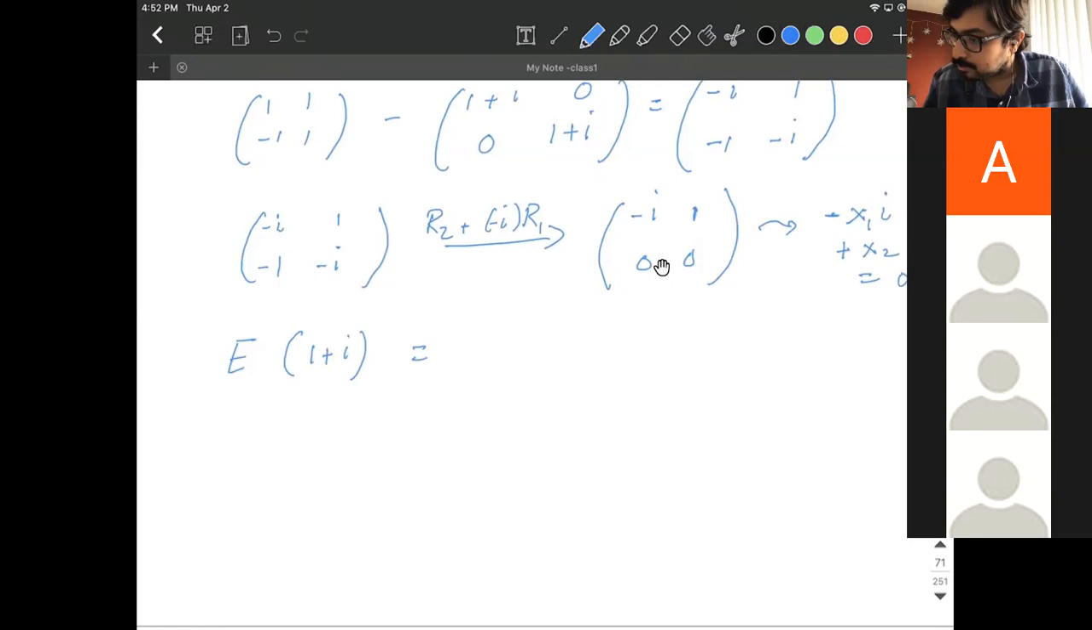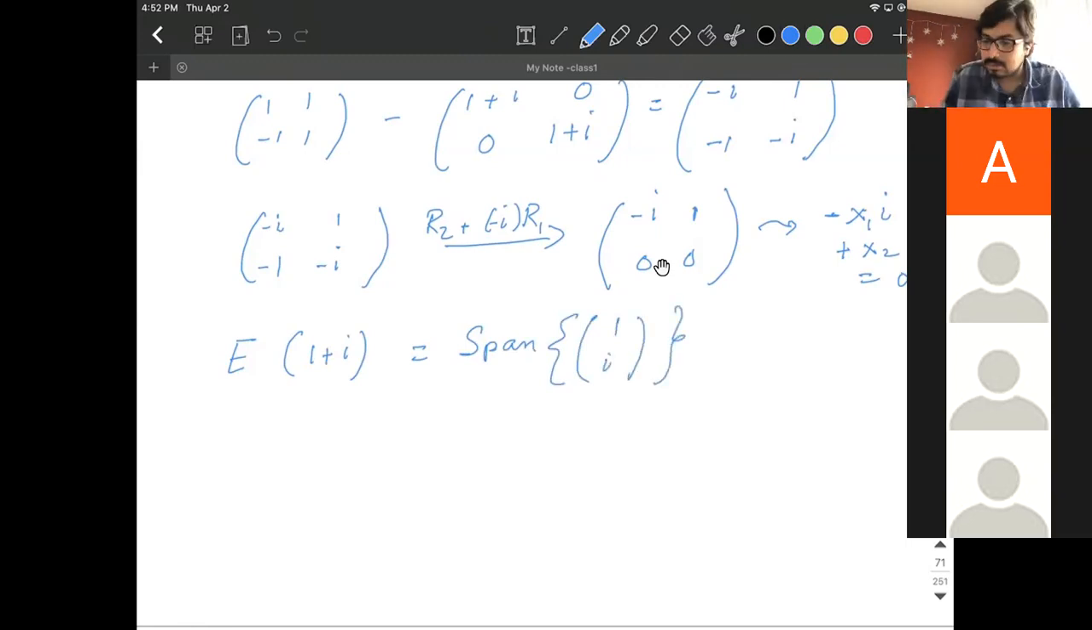So x2 is x1 times I. So this is span of 1 and I. Okay, so this is the span. So this is the eigenspace corresponding to 1 plus I. And now